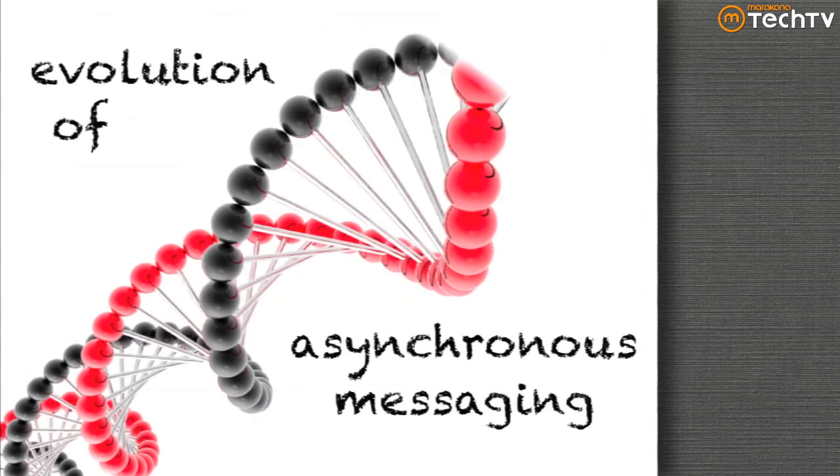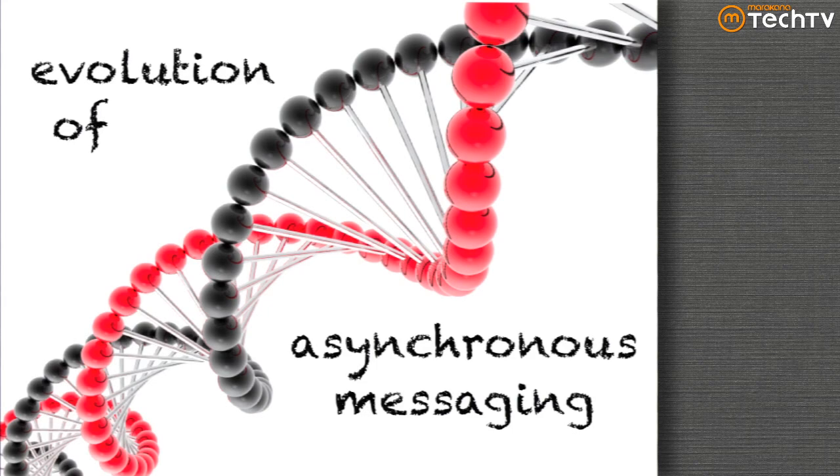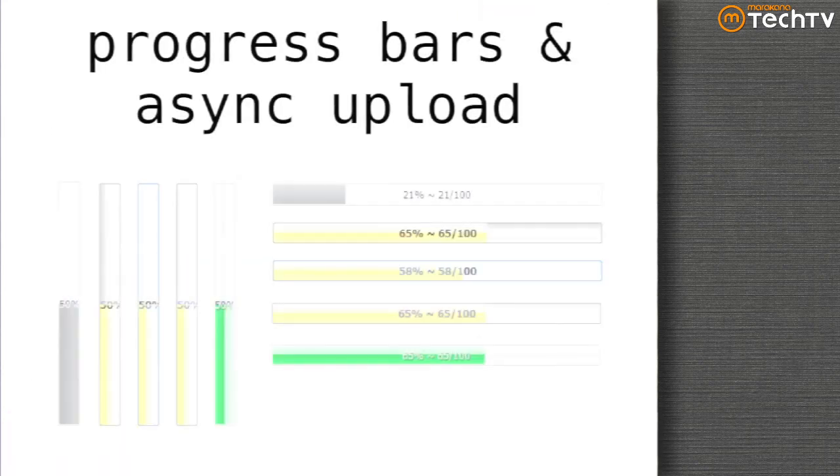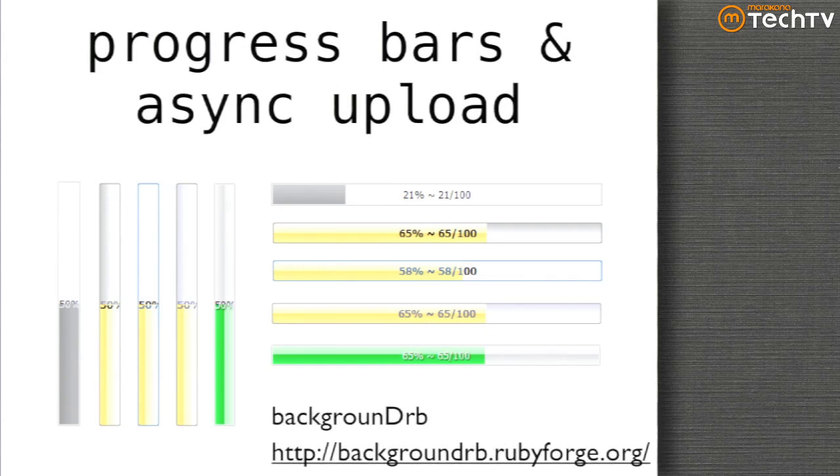And there's a really fascinating story about how the asynchronous messaging evolved in this application. So in the very early days of this application, the users wanted a sense of progress. This is an auto auction application, and for car dealerships, it's not atypical for them to upload 100 cars at a time with 50 photos each, and nobody wants to look at an Ajax spinner for an hour and a half. So they wanted some sense of progress, or the ability to start a job and then come back later and see if it's done. That's classical asynchronous messaging, and so the tech lead met with the developers on the team.